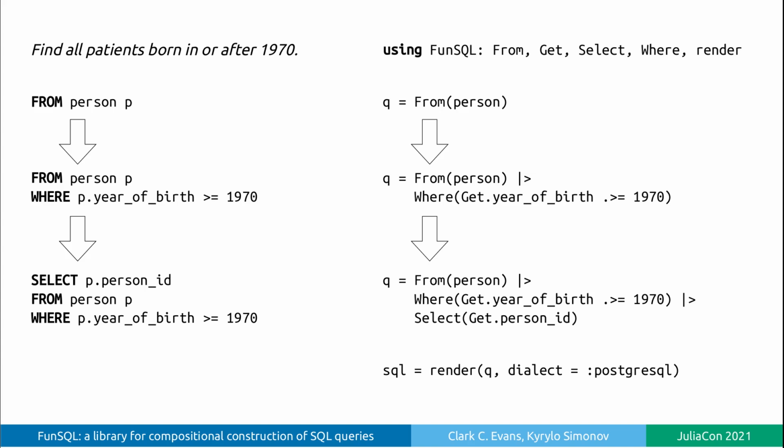A SQL query is concluded with a select clause, which is performed the last, but is always written at the top of the query. In FunSQL, select respects the actual order of operations. Moreover, in FunSQL, select is optional. If it is not present, all columns from the starting table will be selected. Finally, once the query object is constructed, it can be rendered to generate a string value containing the SQL query.